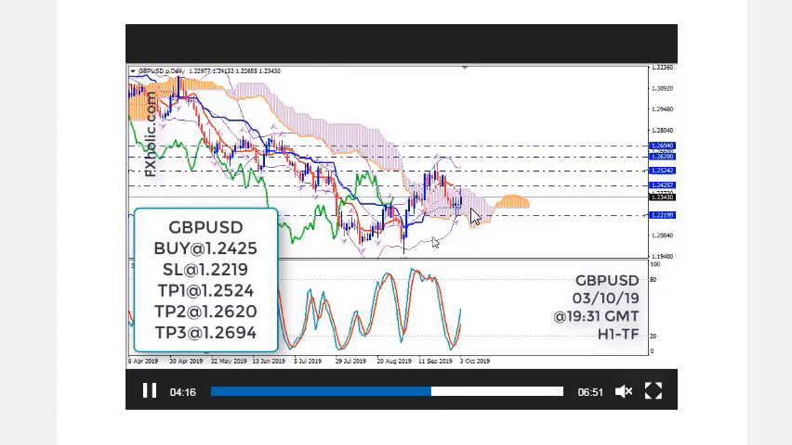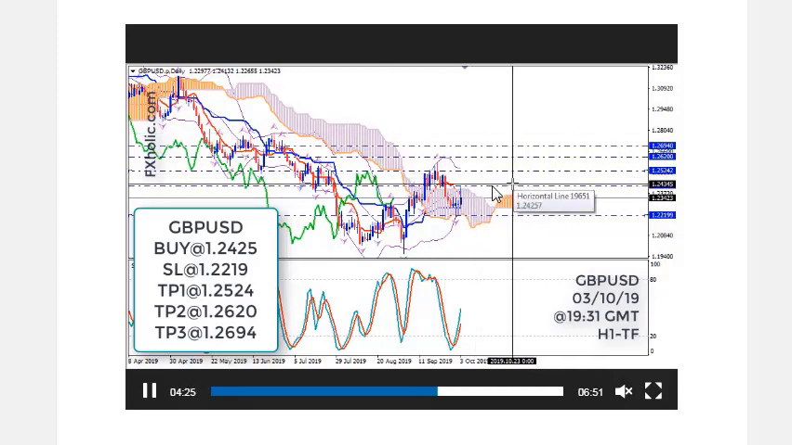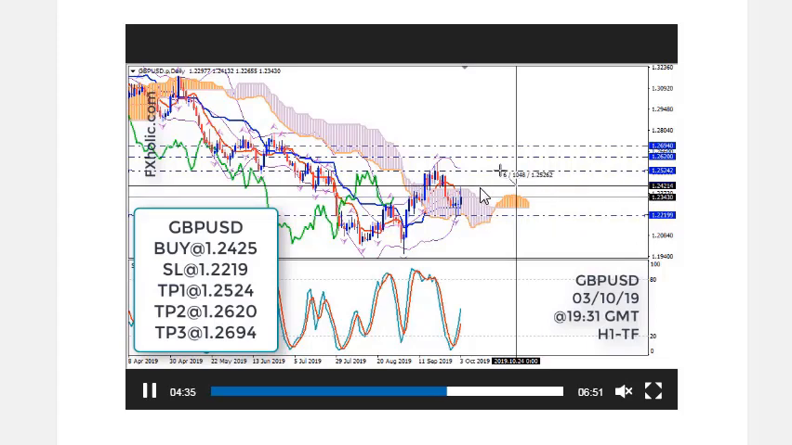Here is the daily time frame at that time when the signal was given. This is the entry level, take profit target 1, take profit target 2, and take profit target 3, and this is the stop loss level. And as we will see,